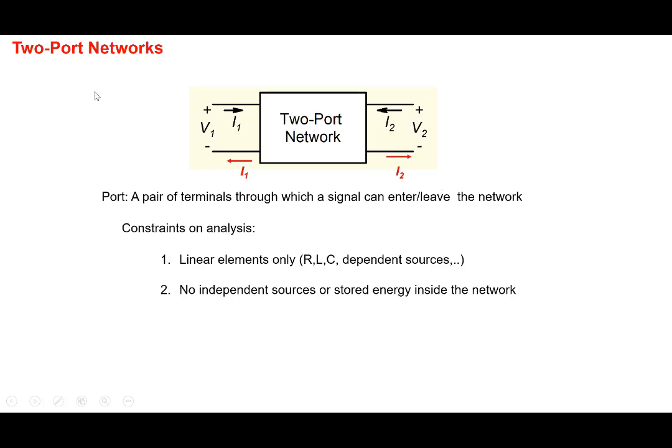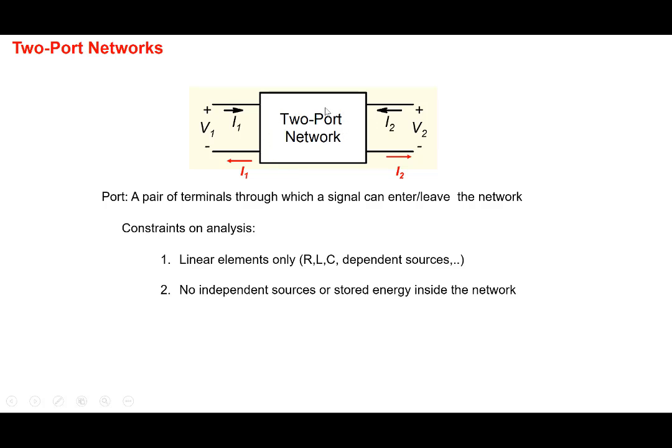So the model that we are going to build, the concept that we're going to build, is based on this two-port network being a linear network consisting of only linear elements: resistors, capacitors, inductors, and dependent sources. And we'll put a further constraint that there are no independent sources within the network here. No independent sources, and no charge stored on the capacitor, no stored energy inside the capacitor. So with these two constraints, what we'll claim, will not rigorously go into justifying it, but it will be sort of obvious to you, is that we can have a very simplified